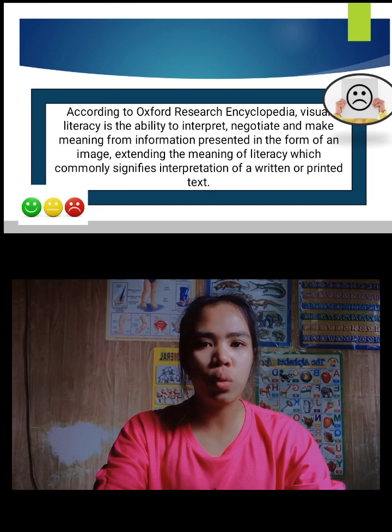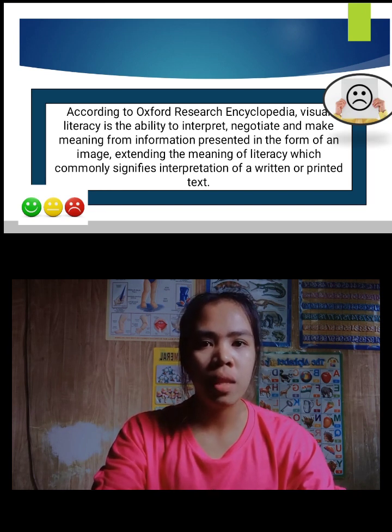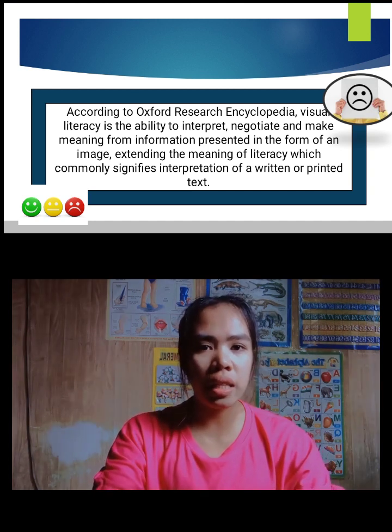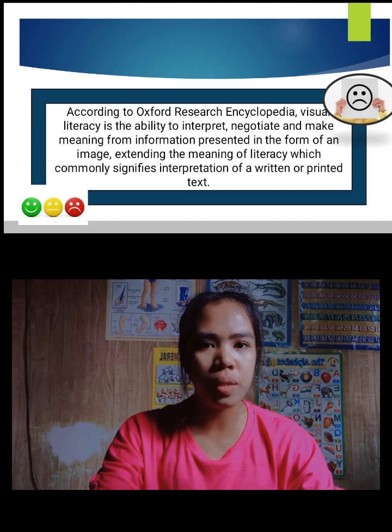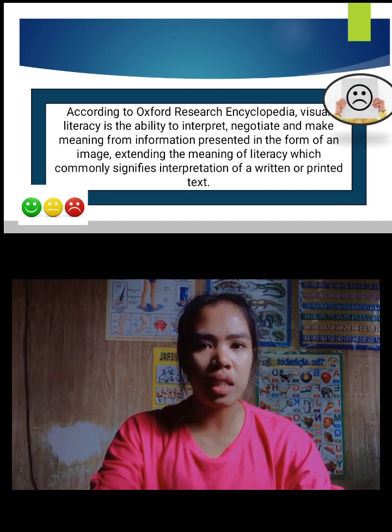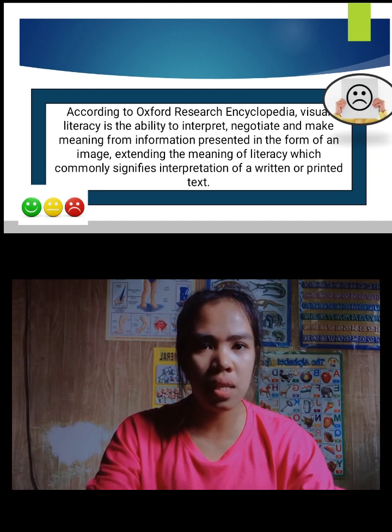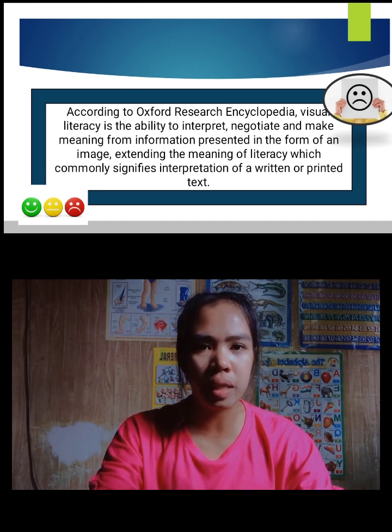Another meaning of visual literacy, according to the Oxford Research Encyclopedia, is the ability to interpret, negotiate, and make meaning from information presented in the form of an image, extending the meaning of literacy, which commonly signifies interpretation of a written or printed text. It is therefore based on the idea that pictures can be read and the meaning can be gained through a process